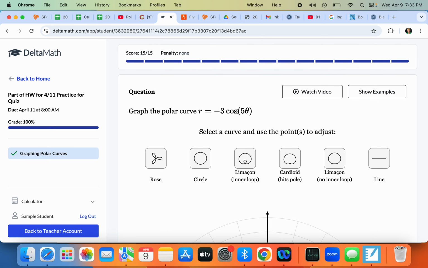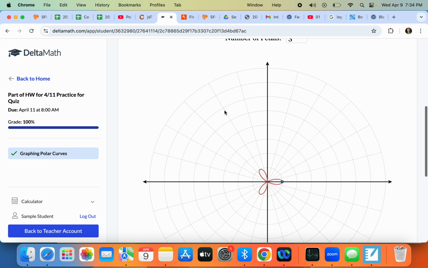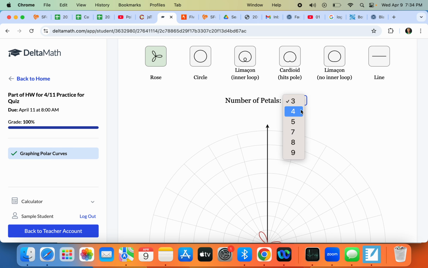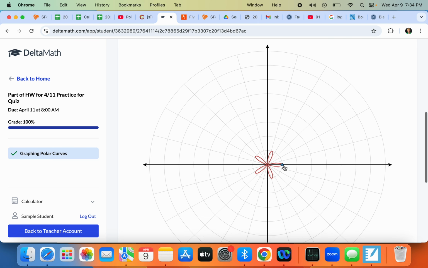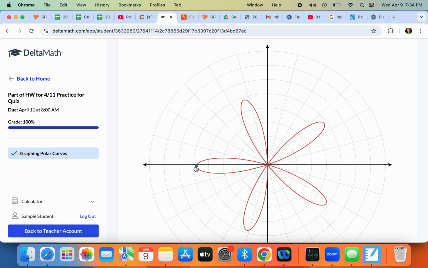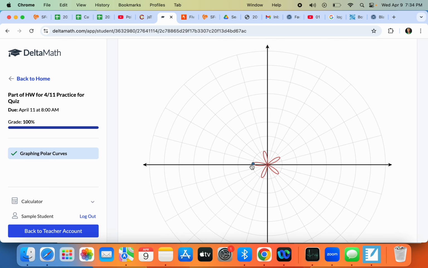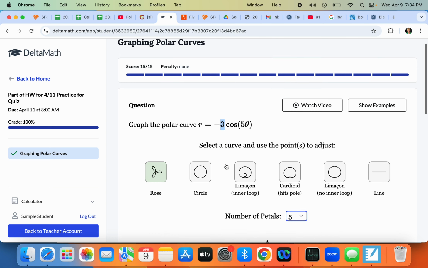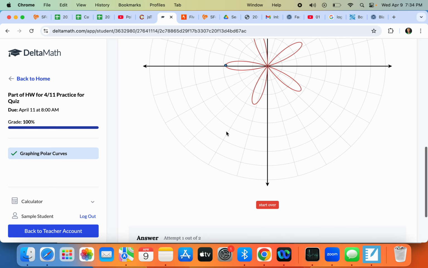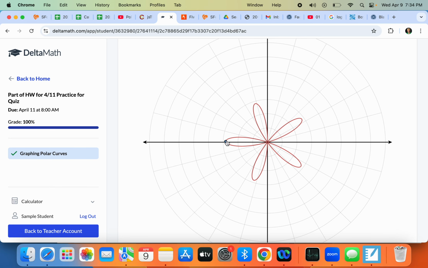All right, this one is going to be a flower, a rose. The petals will be 3 units long. Cosine, oh, and we have 5 petals. Since it's negative, I expect it to be over here. 1, 2, 3, 4. I think that, did I go too far? 1, 2, oh wait, there's 3. 1, 2, 3. And once you get this one anchored, like for instance, if you fill in 0